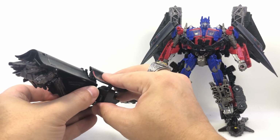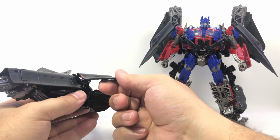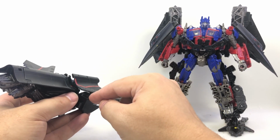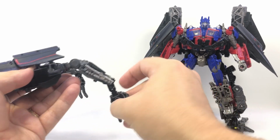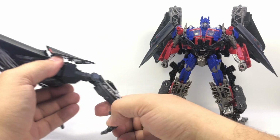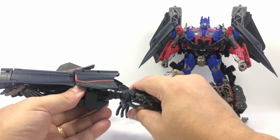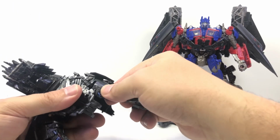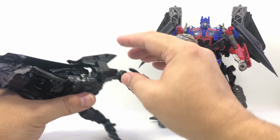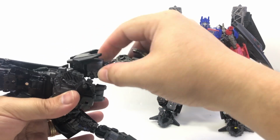So I don't know that this is supposed to tab in because the way this works, these sit at a slight angle and it stresses this tab. So I wouldn't try to tab these all the way in. But if you fold his arms up the right way, actually rotate his fist around and tab it in. There's a peg hole in his hand that goes over this little peg on his forearm. So fold that down and then rotate it around like this. Make sure this goes in all the way. And there's a peg here that if you fold this down right,